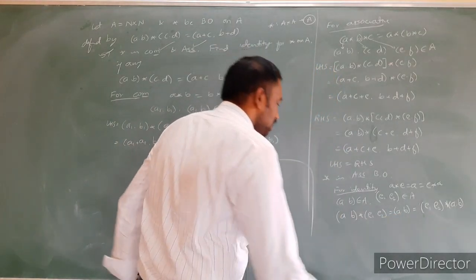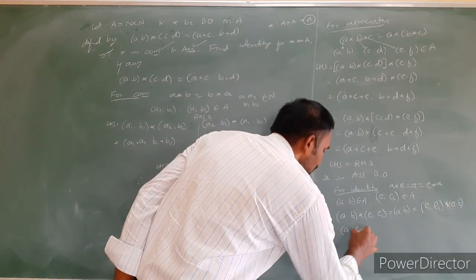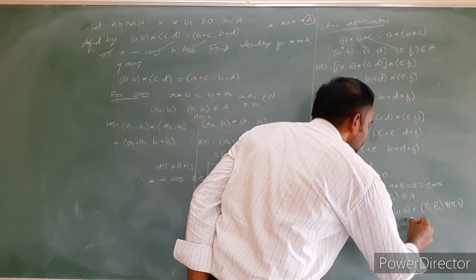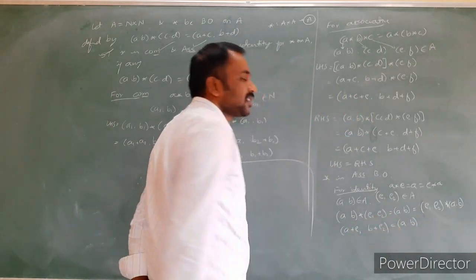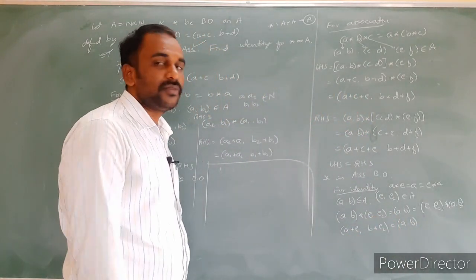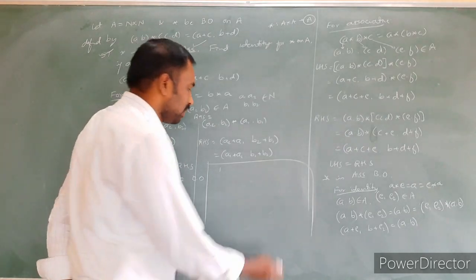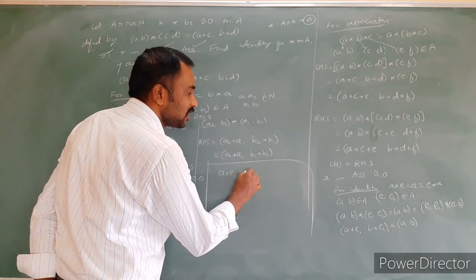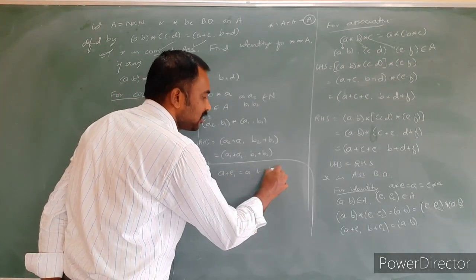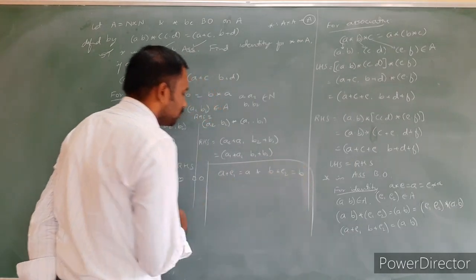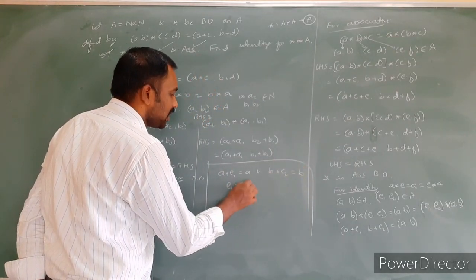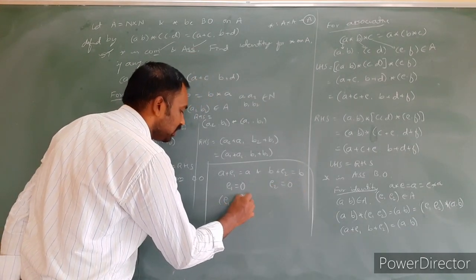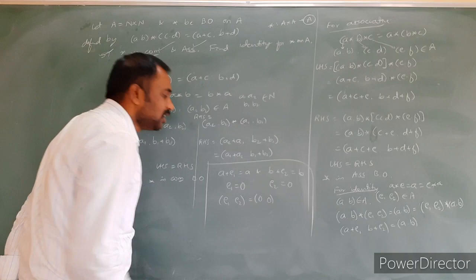Apply the definition of the binary operation. What can we write? (A plus E1, B plus E2) is equal to (A, B). Two ordered pairs are equal whenever the corresponding elements are equal. So A plus E1 is equal to A, and B plus E2 is equal to B. From this, A gets cancelled, E1 is equal to 0, and E2 is equal to 0. What we got: (E1, E2) is equal to (0, 0).